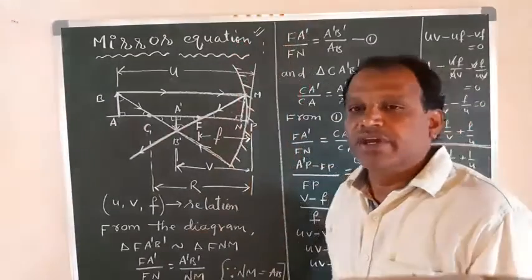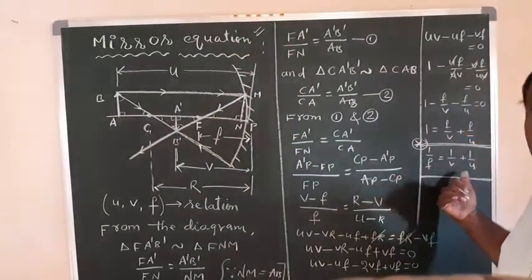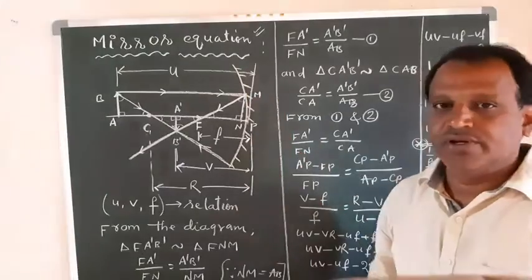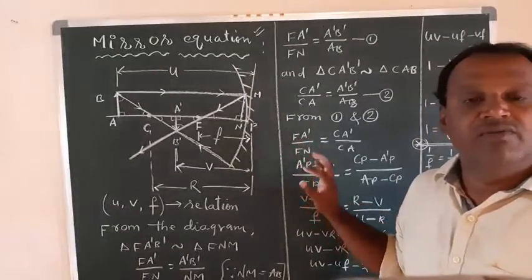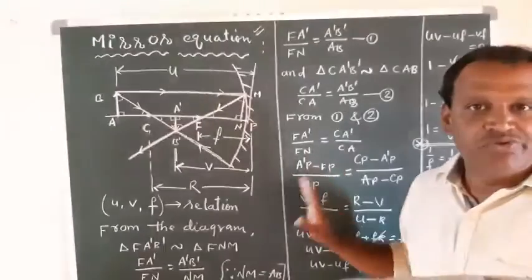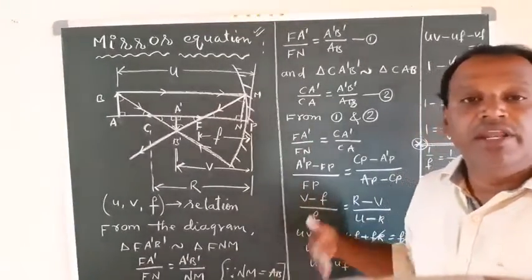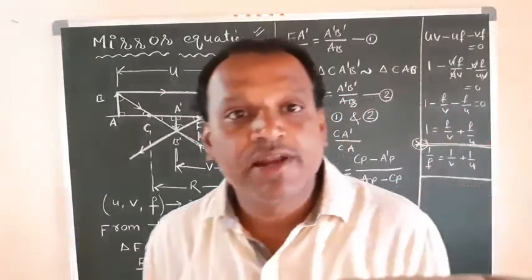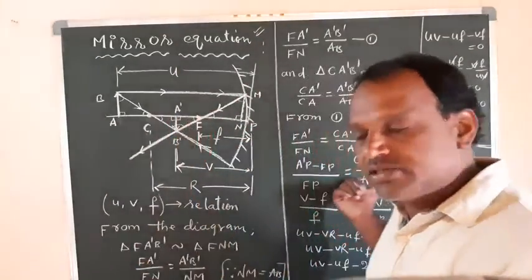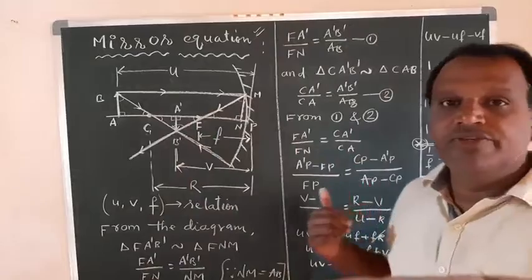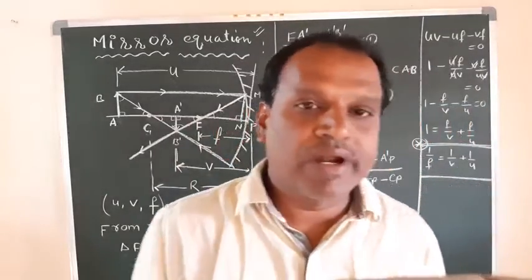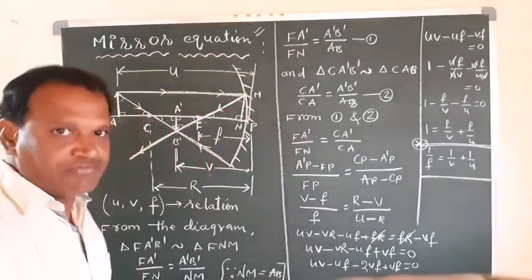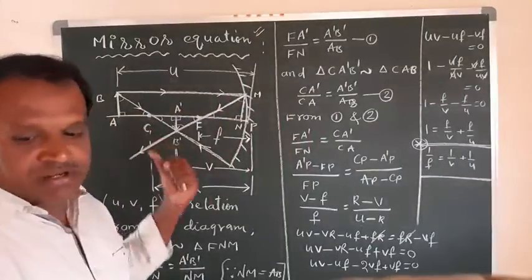That mirror equation is given by 1 by f is equal to 1 by v plus 1 by u, isn't it? So this is the derivation for the mirror equation. Thoroughly listen once or twice and practice yourself, and do the derivation by yourself two or three times, with the mirror equation and ray diagram, till the last equation, 1 by f is equal to 1 by v plus 1 by u. Up to that you have to practice. It is one of the important equation derivations from your exam point of view. So this is the mirror equation.